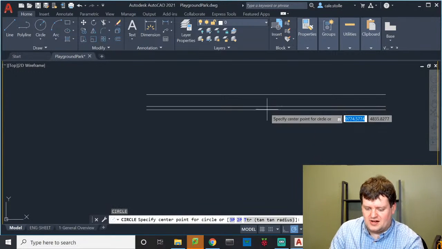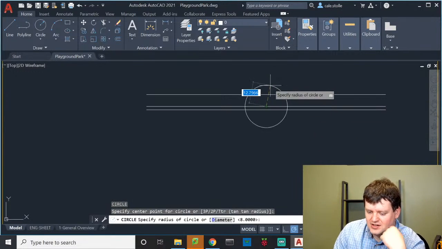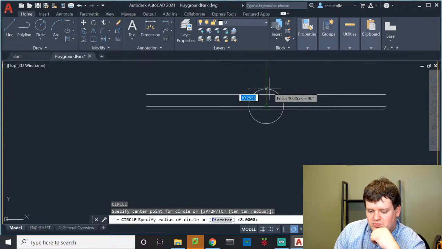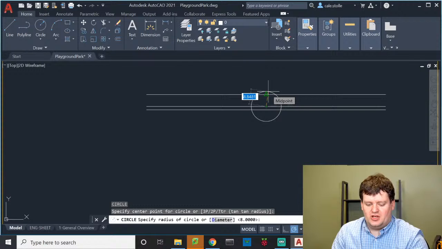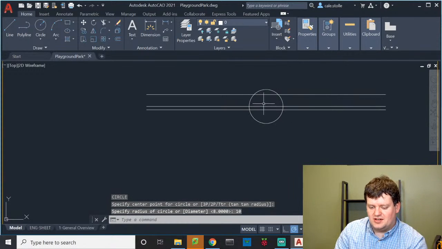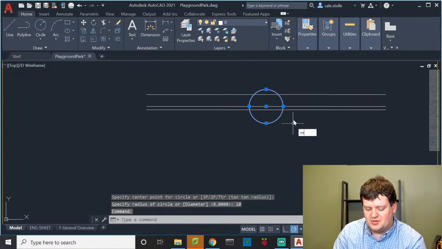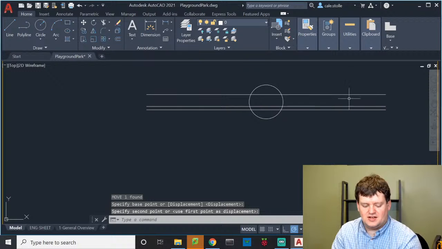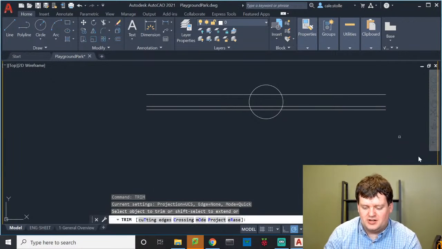I'll create a circle around this, just like I did last time. This time I want the circle to be maybe, I make it 10 inches in radius. It's not exactly centered, so I'm going to move this a little bit up. About right there, so it's nice and centered in here. Go in, trim,